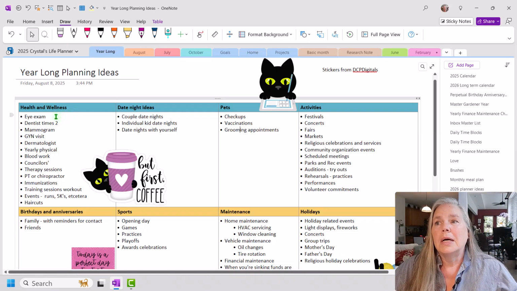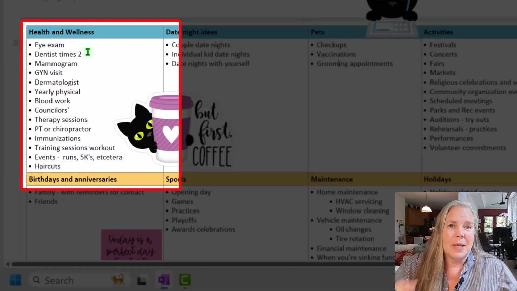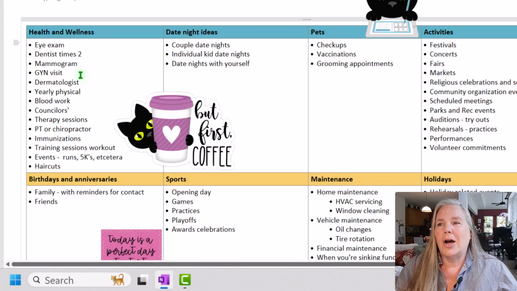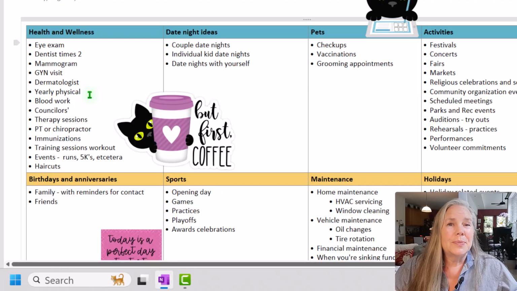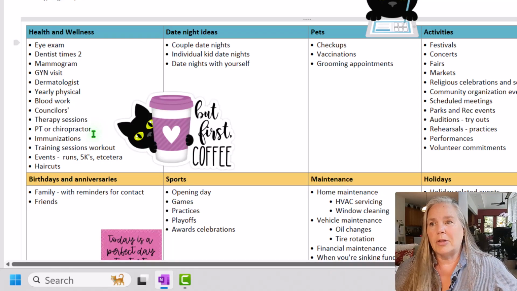So for example, and this would be for you and anybody else in your family: eye exam, dental visits twice a year, mammograms, OBGYN visits, dermatology visits, yearly physical. And for me, that includes blood work, so they can check my blood sugar levels. Any counselors or therapy sessions, physical therapy or a chiropractor that you might visit. You want to schedule those if you see them on a regular basis.